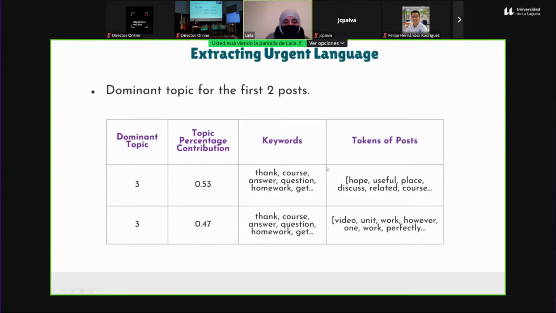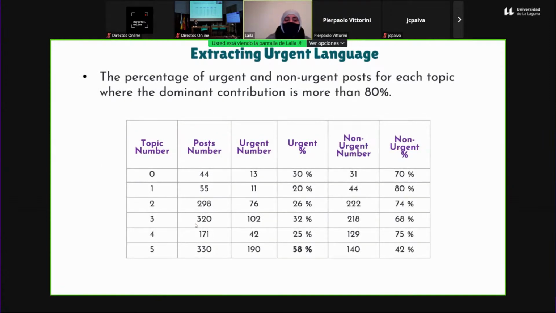For example, in the first and second post in our data, we found that the dominant topic is topic number 3. And the contribution is different. Here, topic number 3 contributes about 0.53 and here about 0.47. After that, to extract the urgent language, we calculate the topics that contain the dominant topic